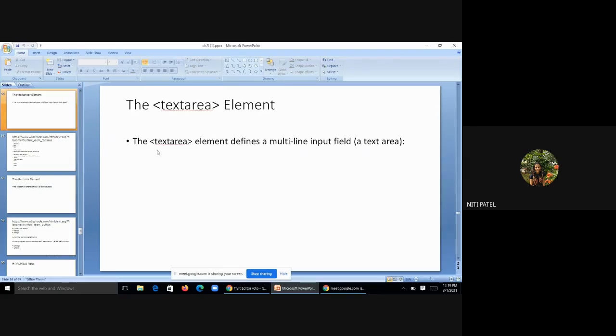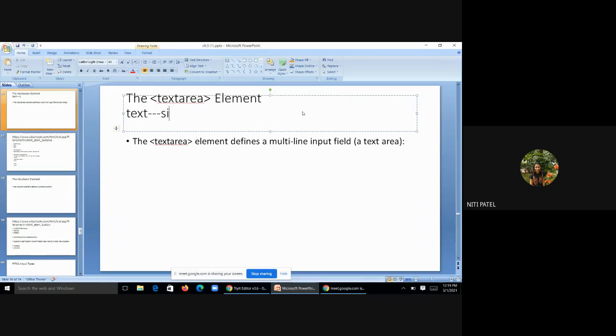Okay. Now next is a text area. अभी हमने क्या देखा था? अभी तक हमने सिर्फ text देखा था ना? What was that text? Single line, है ना? It was only single line. Yes or no? Yes, ma'am. If I want more than single line, मुझे कुछ पैराग्राफ या ऐसे लिखना है फॉर्म में या मेरे बारे में एक्स्ट्रा इन्फॉर्मेशन बतानी है, so how do I do that? By using this text area element.